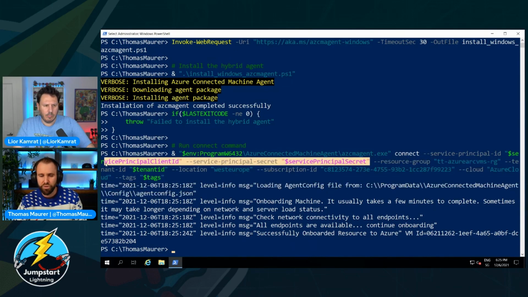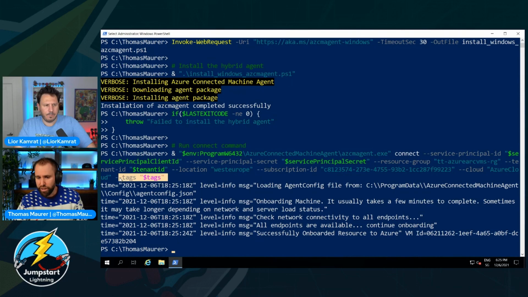Again, you could also use your Azure login if you want to, but then you need to enter your credentials. There's nothing different there. But what I'm actually doing here is this tags parameter where I put in the tags. So that is basically all the magic. It's not that much magic, but it is a little bit powerful. It is powerful.